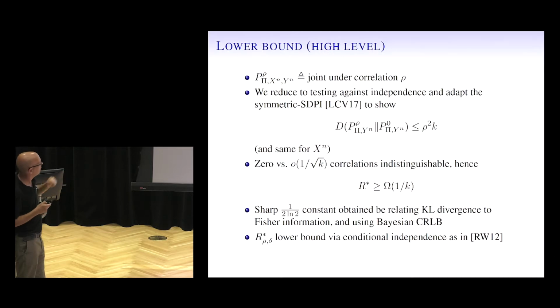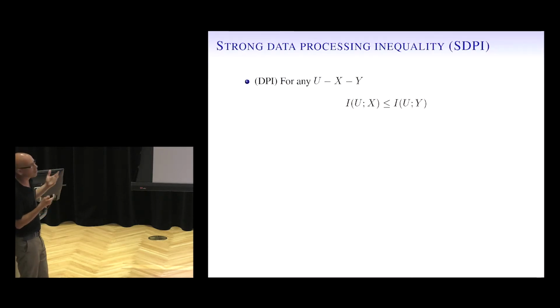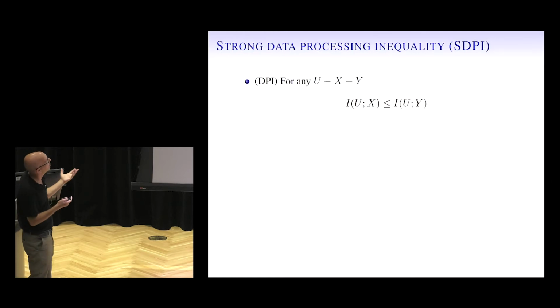Okay, and you can also get the local bound using a similar technique to the one used by Rahman and Aaron Wagner, by reducing to conditional dependence. But I'm not going to talk about that as well. Let me show you how you prove things in the one-way case. I don't know if I'm going to have time for the two-way case, but let's see the one-way case.